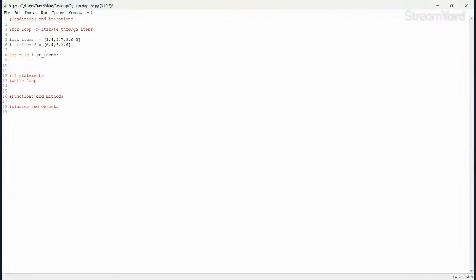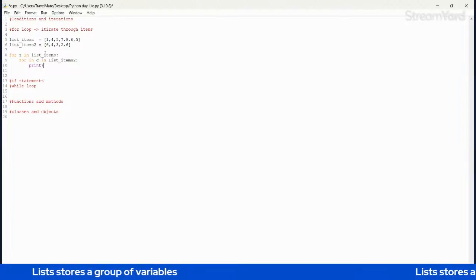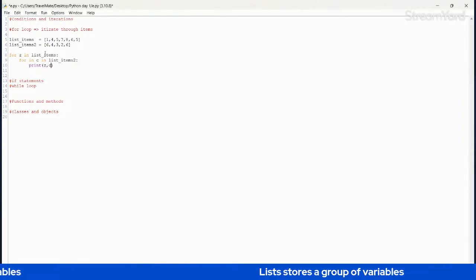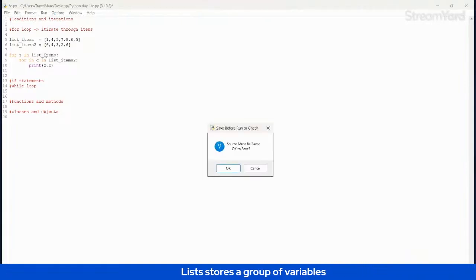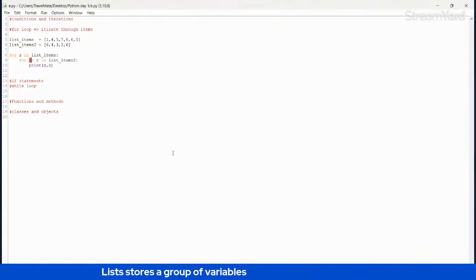So for that, you can also have a for C in list_items_2. What do I want to do? I want to print. Let's see if this is going to work. C and E.